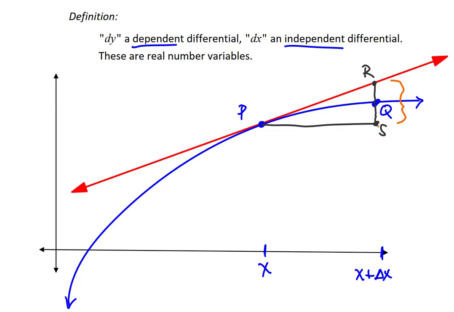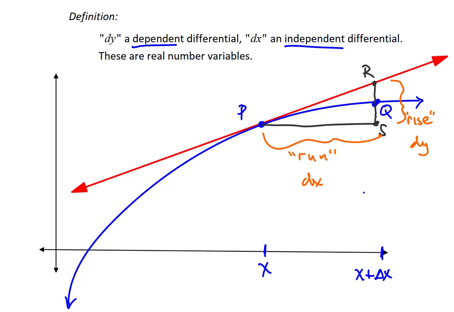So from R all the way down to S, that would be the rise of the tangent line. And so you could call that the dy. The run in this same diagram would be from P to S. As we're used to using rise and run in an algebra class, run would be like the dx. Now this is making some sense because if I use those two values, which we're now calling differentials,